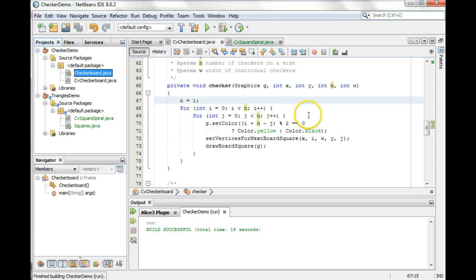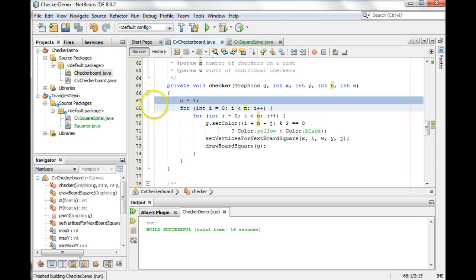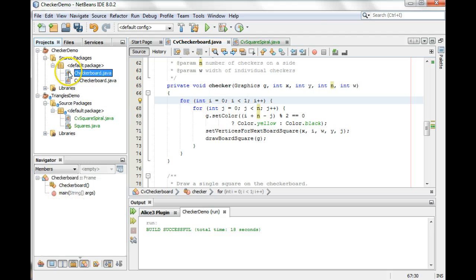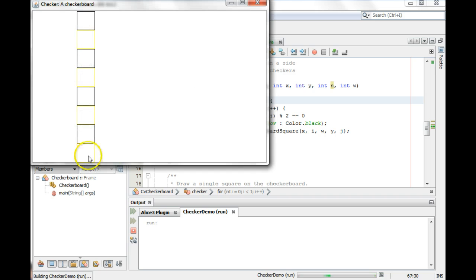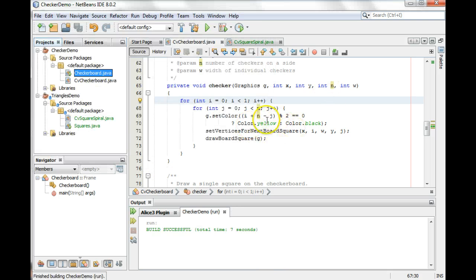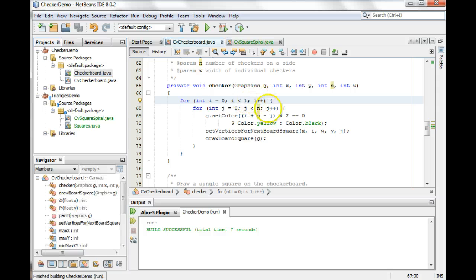And you can play around with this some more too, and make sure we're clear on what's happening at this point. So now we're building our columns starting down here and building up one at a time and going across that way. Again, I encourage you to just play around with this code